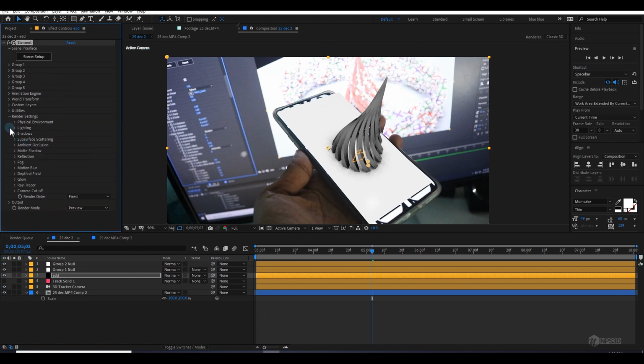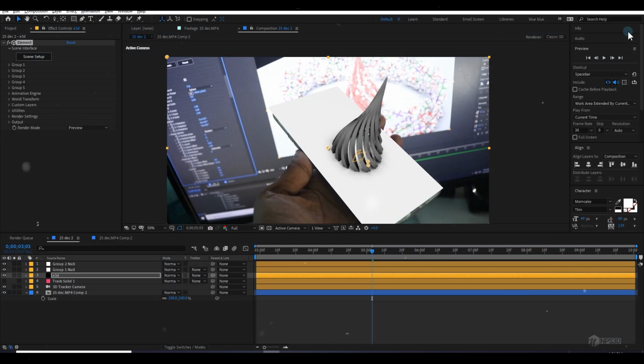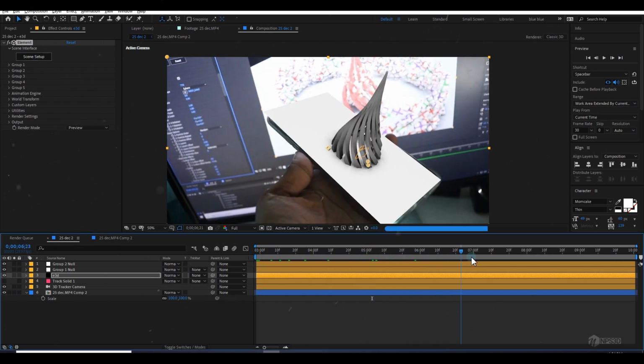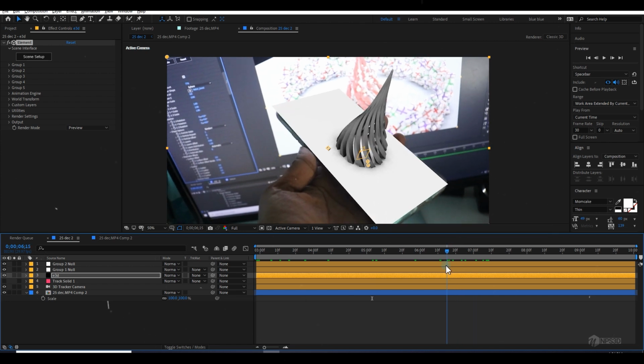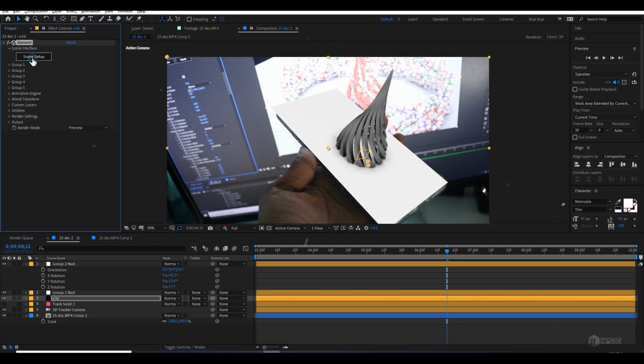So what I will do, I will just go to the scene setup again and let's first make this box a little bigger and wider like this, I mean which covers my whole phone correctly. And here you can see the orientation is a little bad, so I will just correct it a little bit. Then I'll go to the Element 3D scene setup